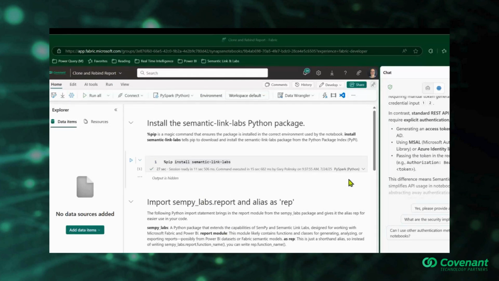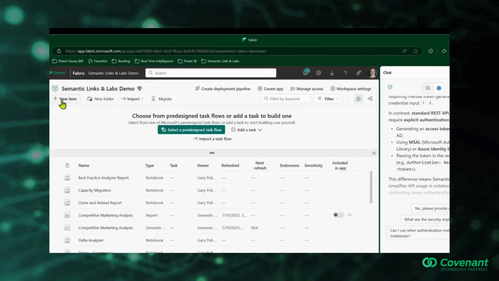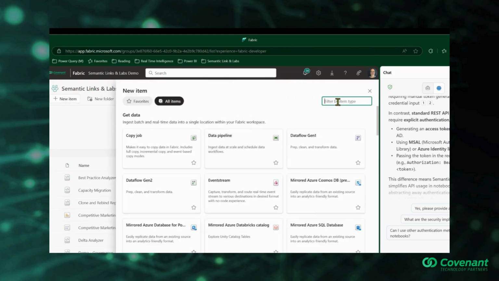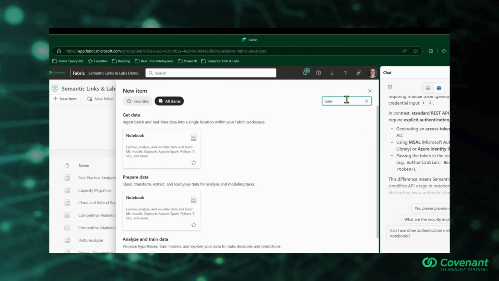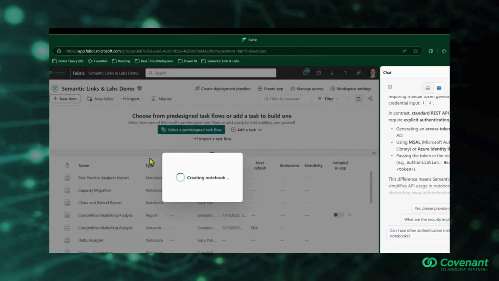The purpose of this demo is twofold. I want to give you an introduction to notebooks for those of you who don't know them, and then show how you can get started with running some of these Semantic Link Labs functions. If you're not familiar with Fabric, you can go to any Fabric-enabled workspace, click New item in the top left, and filter the available items for just notebooks. I click on notebook, and